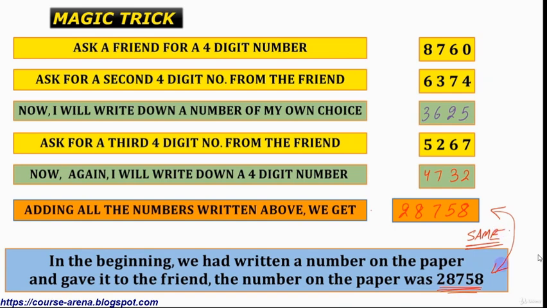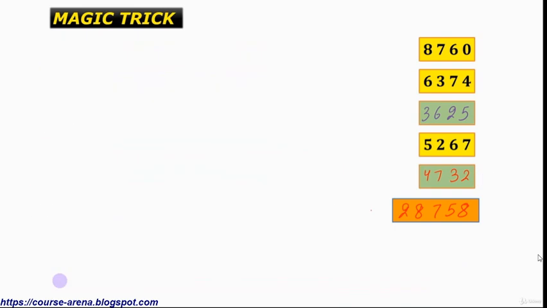Now I am going to tell you the logic behind this magic trick. The logic behind this magic trick is very simple actually. If you realize, then 6 plus 3 becomes 9, 3 plus 6 becomes 9, 7 plus 2 becomes 9, 4 plus 5 becomes 9. So although it may seem that this is the number given by you and this is the number that I had written at random, this is in fact not a random number but a very calculated number. So if you add these two numbers, you are going to get 9999.